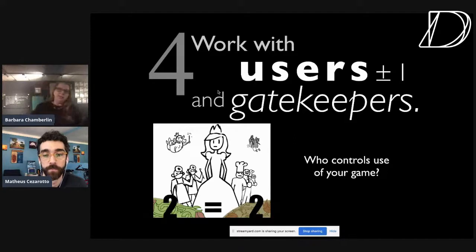We were doing an animation years ago on, I think this is on rate and ratios, and we had a very clever animation mocked up. It was a very simple storyboard. We were just sharing and reading the script about a princess who was running her kingdom, and she had to have the right ratio of different people, and she was using magic to change it. And kids loved it. But we had some teachers come in, and it was interestingly right at the point where there was a lot of backlash against Harry Potter. And there was also backlash about the idea of magic and science being the same thing.